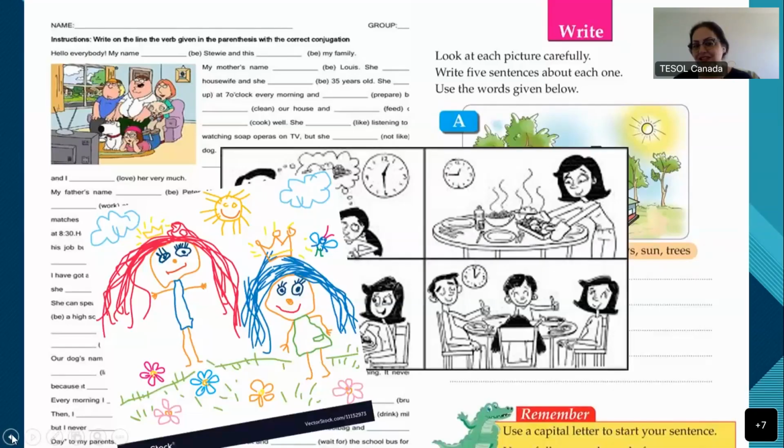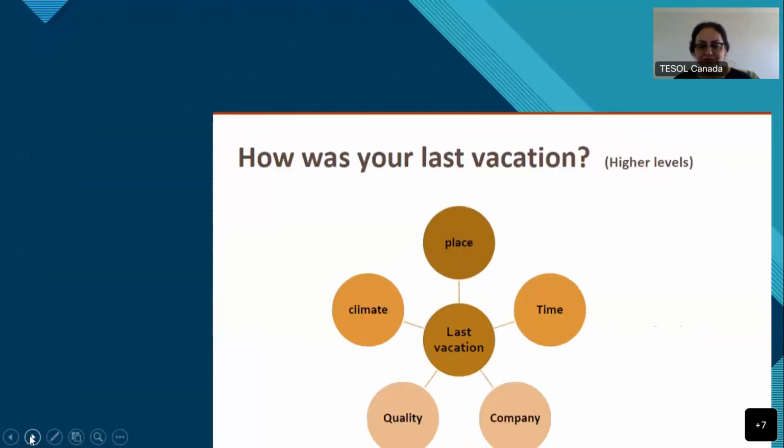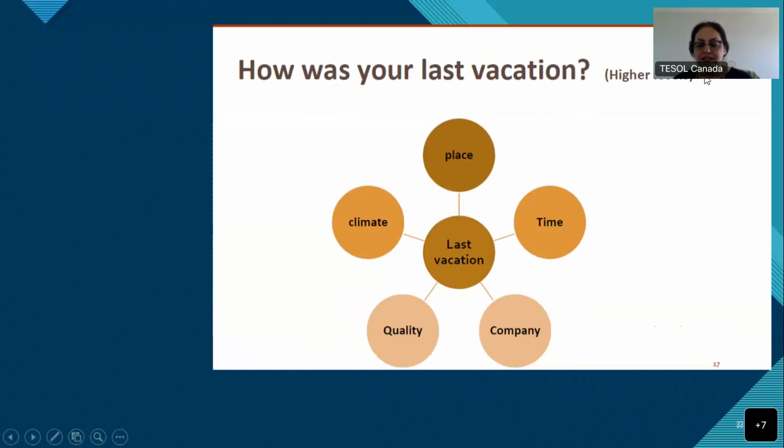So you can design different activities. Just encourage them to write, because writing is a challenging skill and it's difficult for students. So we need to motivate them. We need to find a way to motivate our students to write. This is another example. How was your last vacation? This is intermediate and above, for higher levels. But still, you need to give them some prompts because they don't know. They just write